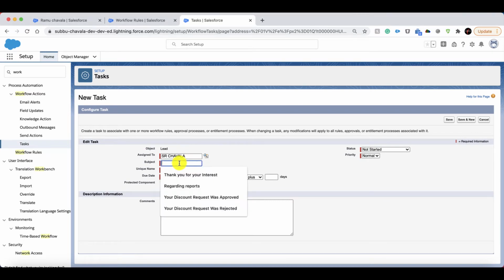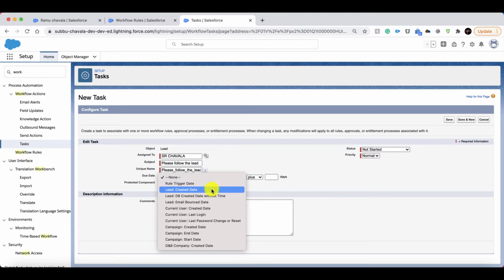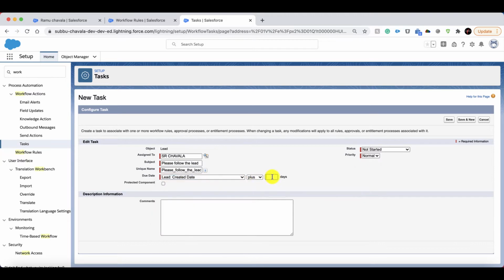Next, type the subject. Please follow the lead. Next, give the due date. Lead created date plus 1 day. So the remaining fields, just leave like that. Click on save and new. The first one is completed. The next one is